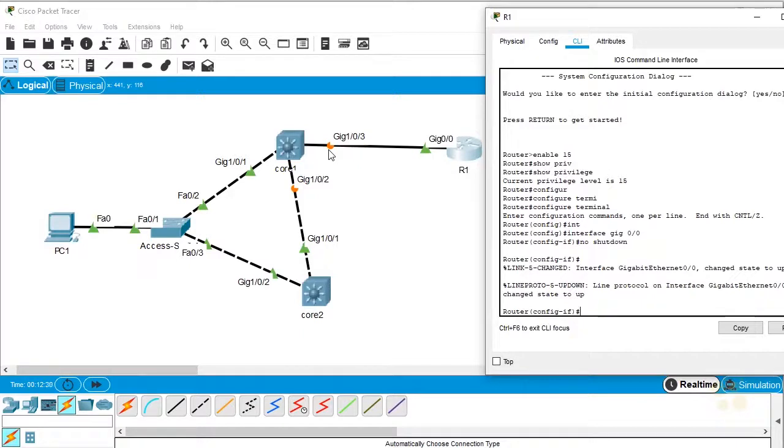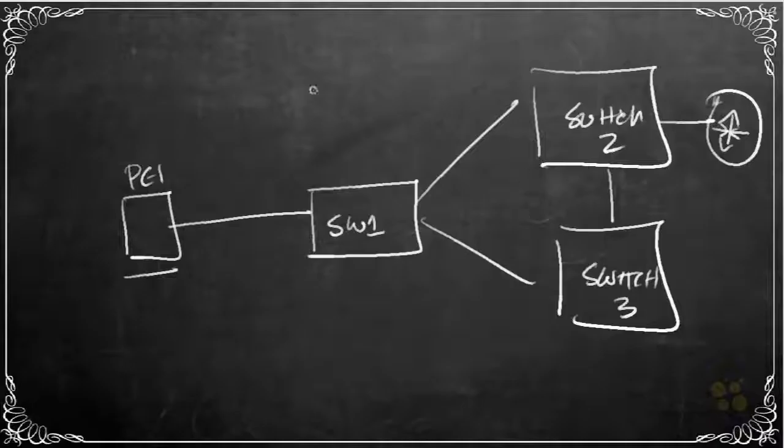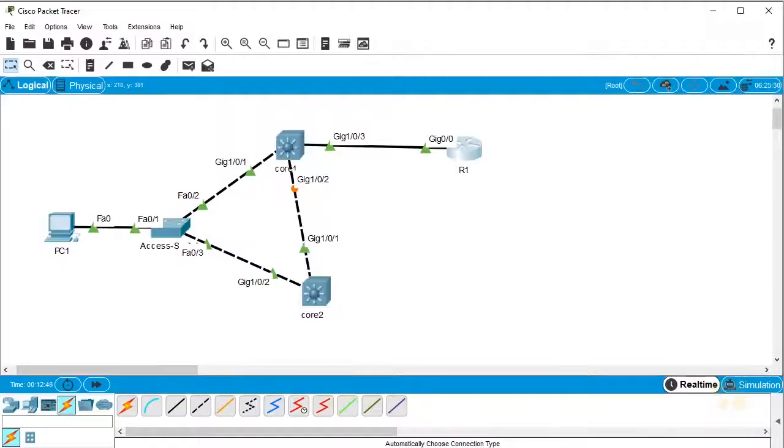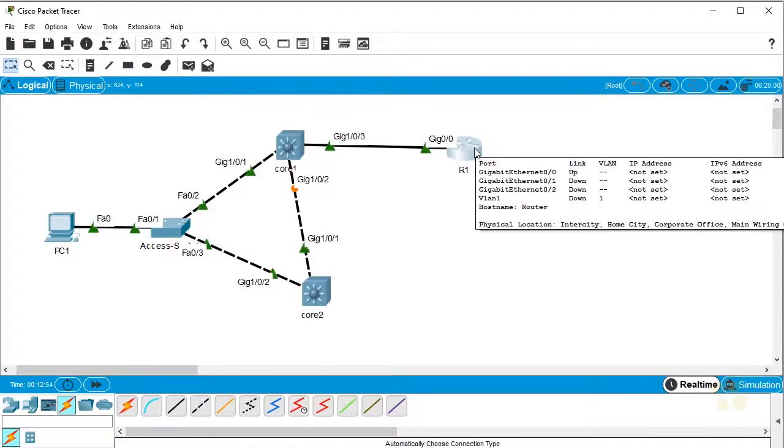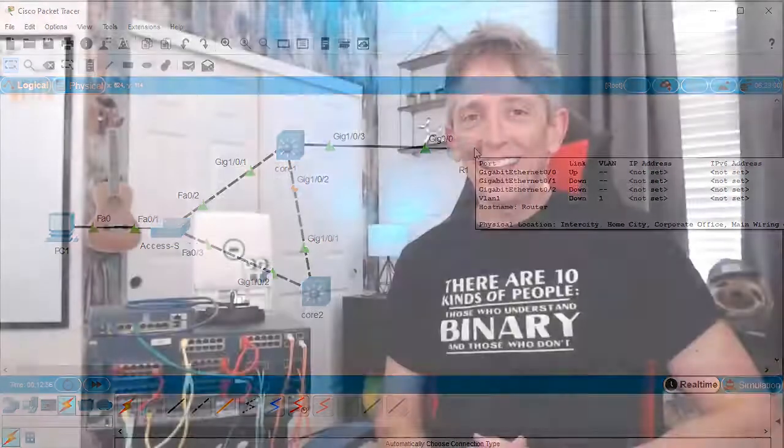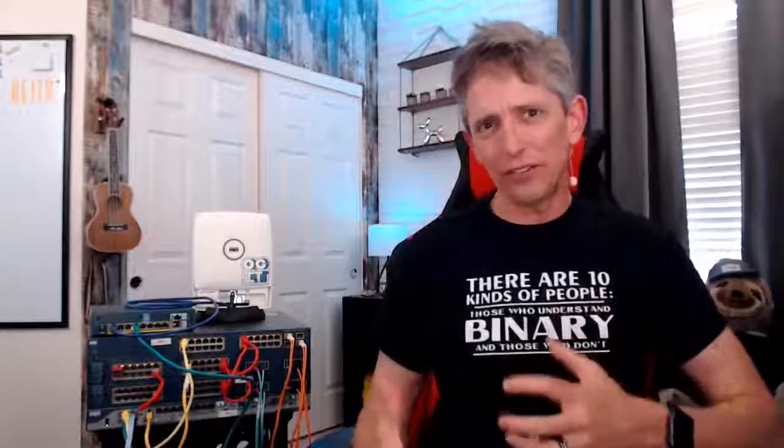But what I wanted to share with you in this nugget is how quick and easy it is to take the ideas we had, these ideas right here, about building a topology, and then using Packet Tracer, dragging and dropping them onto the workspace, and then having the further ability to go in and configure and tweak and get hands-on practice. And one of the things that we're going to find is that at the entry level and the CCNA level, the commands that we need to practice and learn and work with, they work here in Packet Tracer just like they would on live gear. So whether it's live gear or Packet Tracer, we're getting the opportunity to practice and work with the command line